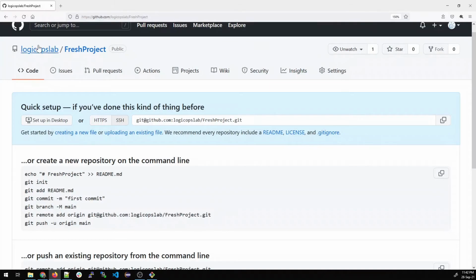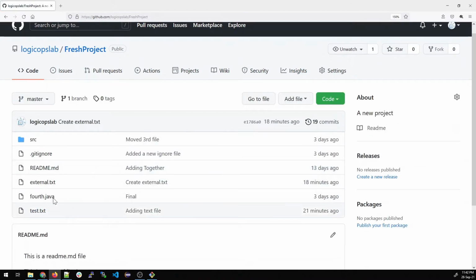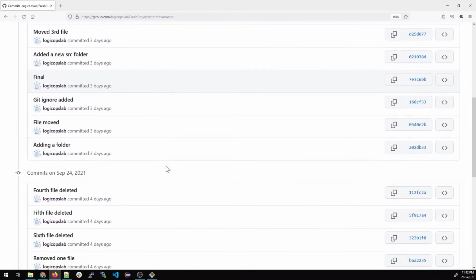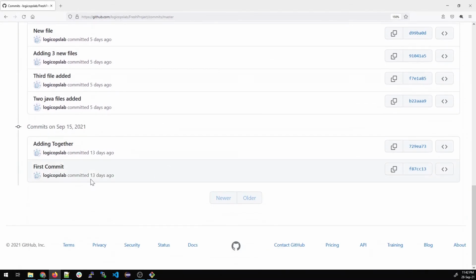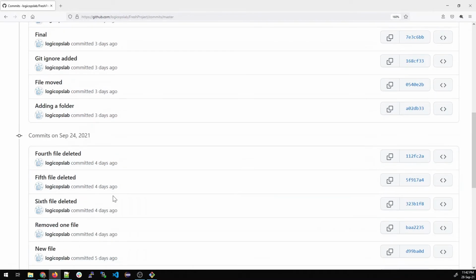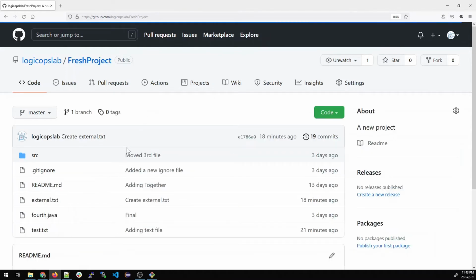I'll just go over here and refresh this and let's see what happens. Perfect, and you can see all the changes that you did have come over here. If you go into 19 commits, it means the git log that we used to see, the git history: who has committed, when it has committed. You can see that the first commit was 13 days ago when I started making this course on September 15th, and after that so many commits have been done and everything is clearly visible over here. So this is the perfect thing that you have done. Click on the fresh project, go back again.